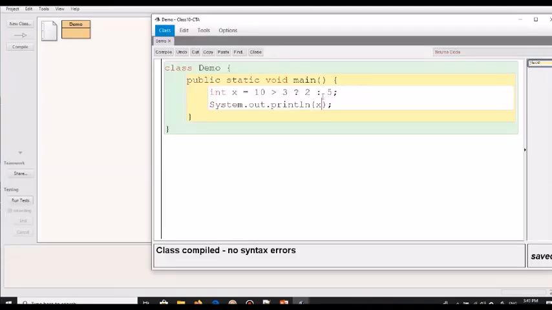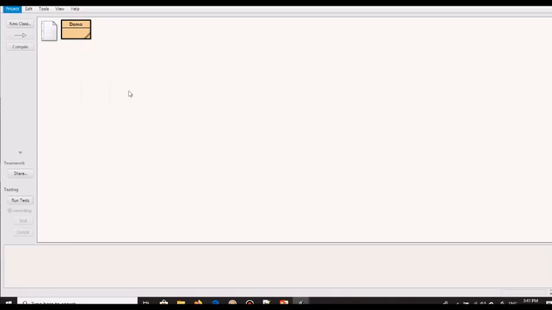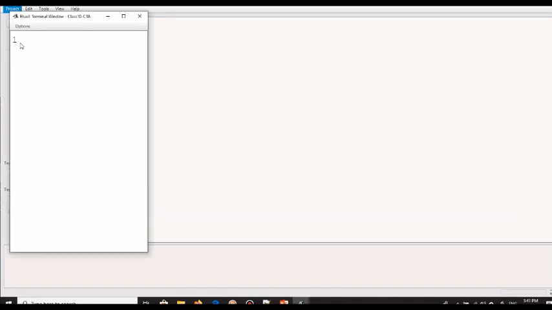Now we had put two values here, that is, I had put a value of 2 and a value of 5 here. Could we have given an expression here? Yes, I could have given an expression like 4 minus 3 over here and 5 plus 2 over here. What do you think will be the value of x now? It is going to be 4 minus 3, that is 1. So x is going to be 1 over here. Let us run this program and see what it displays. It displays a 1 over here.